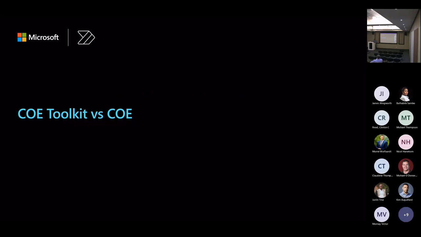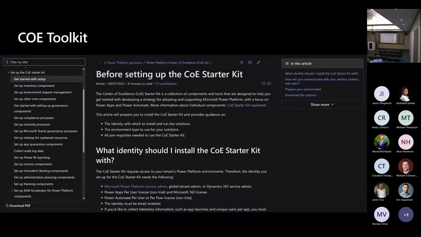Okay, so the COE toolkit, just quickly, just to share what this is. It started off quite a while ago, I'm going to say about 2 years ago, maybe that long, with just this component here called the inventory components. When you deploy it and it runs in your tenant, it catalogs all the apps, the flows, the connectors they use, who the makers are. It just gives you a huge amount of insight into what people are doing in your tenant that the default analytics doesn't do. And then from there, they started adding additional stuff, for example,